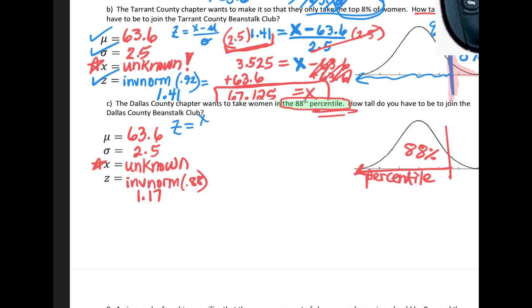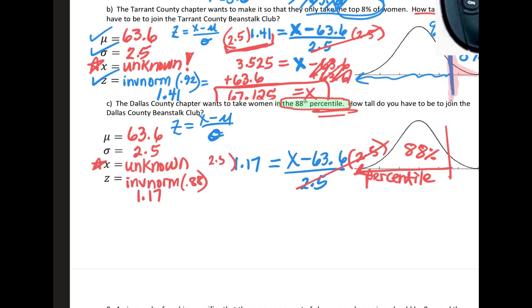Z equals x minus the mean over the standard deviation. So now this is going to be our third time where we're doing the same solving process. Fill in 1.17 for z. X minus 63.6 for the mean, divided by 2.5 for the standard deviation. Okay, now get that 2.5 off the bottom. Multiply by 2.5 on both sides. Okay, multiply. 2.5 times 1.17 is 2.925, and that equals x minus